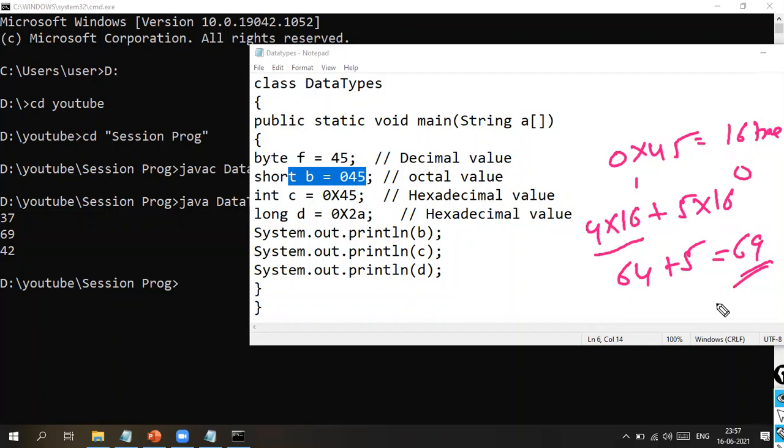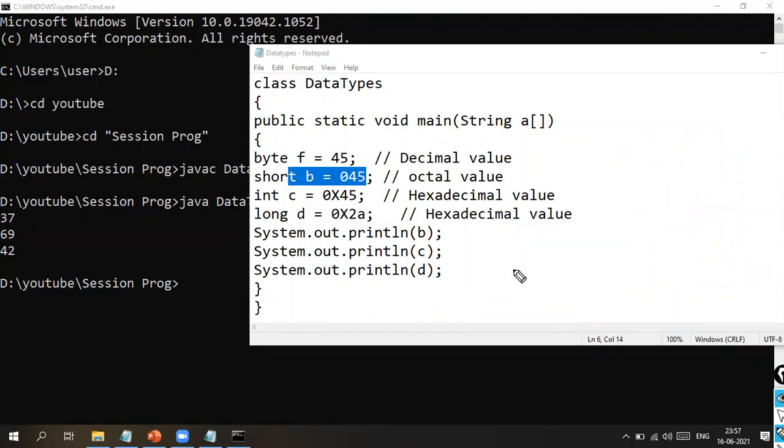Is it important for us to understand the conversion of hexadecimal value to a decimal value? Only when you are going through the certification exams. For example, this particular value is 0x95, and I'm assigning to a byte. Byte b is equal to 0x95. So this will be out of range. The byte cannot hold this large value, so it will raise an error. Only in such cases, you need to understand the minimum conversion. So when you are going for the certification exams like OCJP or OCJD, this will be helpful for you.